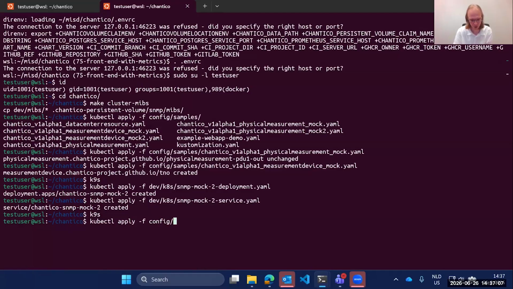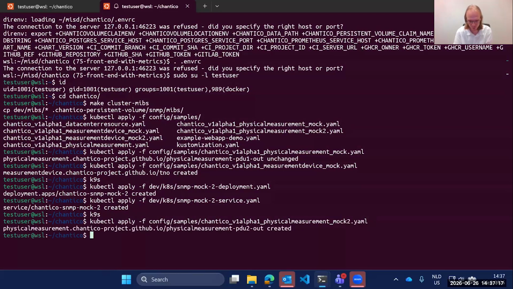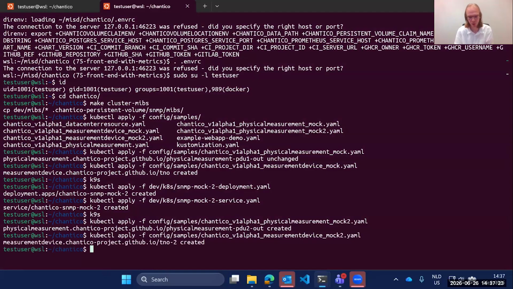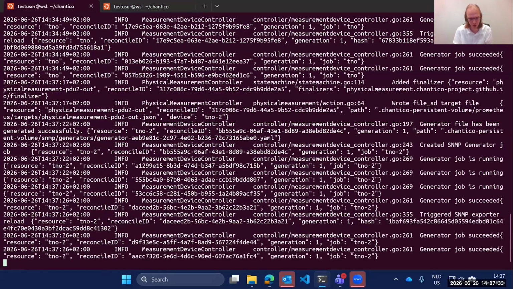Then to configure the controller to actually do its monitoring work for this, we also have to add these files to it again, and as well for a measurement device. Basically, you wouldn't need a second measurement device because they're the same brand, but currently we're just providing a second one just to demonstrate that this will all be working.